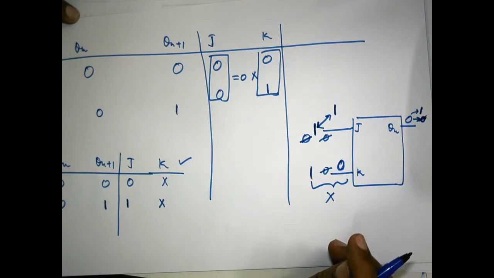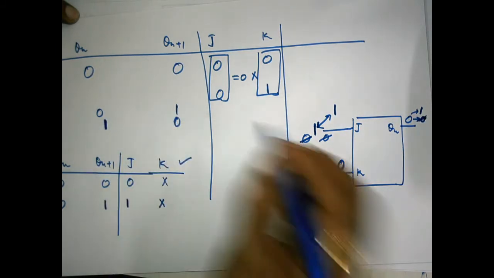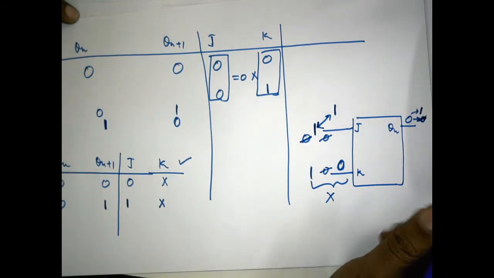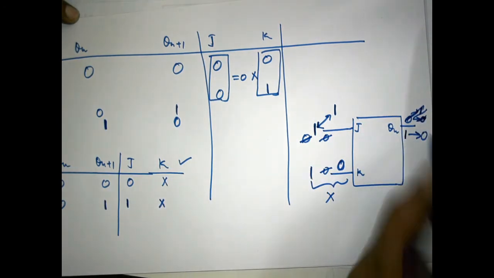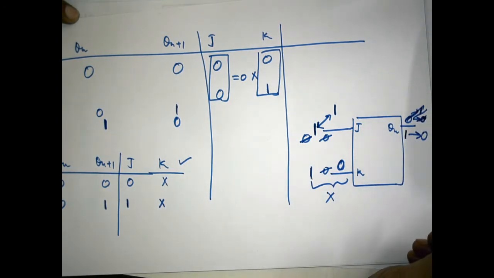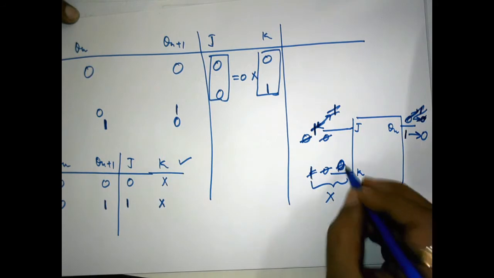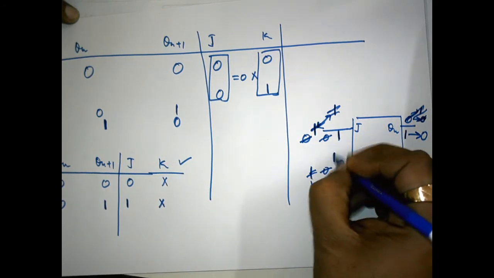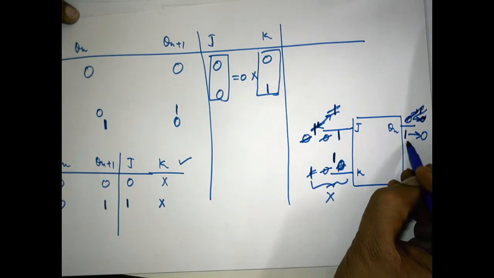Okay. Suppose 1 was there as the present state and we are willing to make it 0 in the next state. Then 1 1 at the input can do this kind of action, because this will make it a T flip flop, and when it becomes a T flip flop, then the transition in output state occurs.